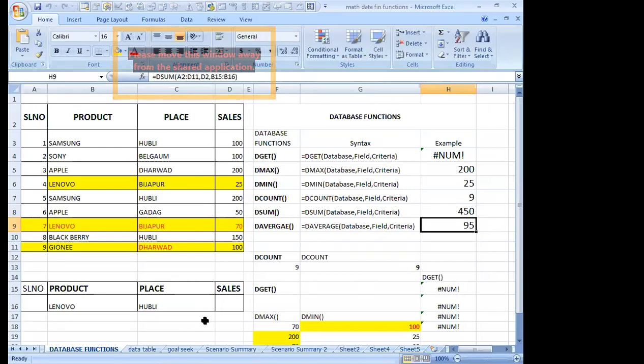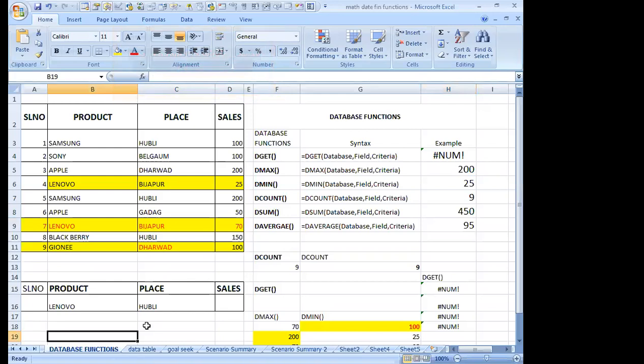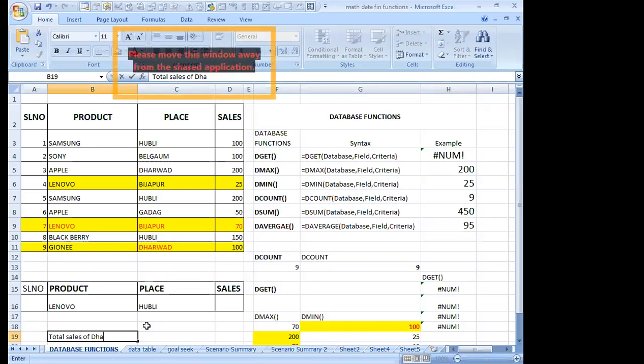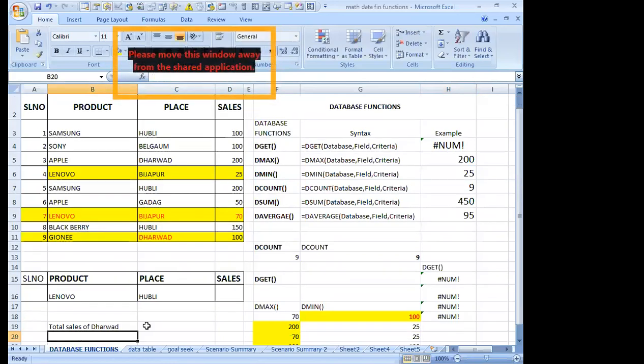In the same way, I'll apply here. See, I'll write total sales of Dharwad. Are you getting it? Total sales of Dharwad. So here DSUM is the function. What is the database? This is the range. What should it perform?